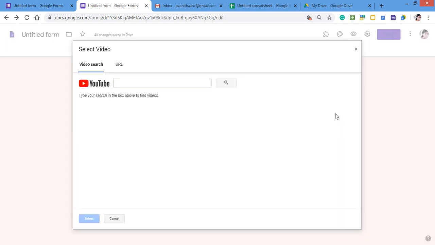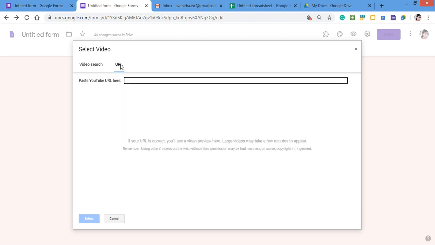How? Only through YouTube you can add the videos, whatever videos you want to show in the Google form. By searching you can add your YouTube video, or if you have the URL address, you can add your URL address, and then you can select and add.